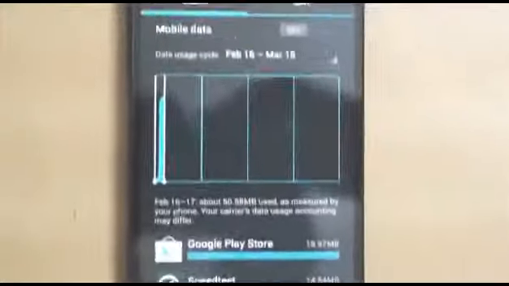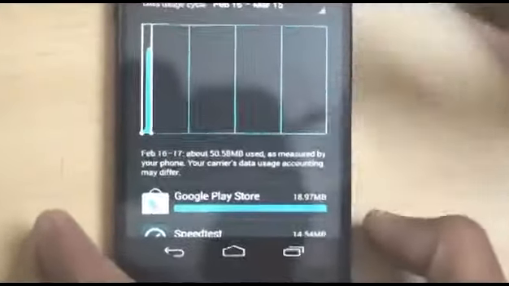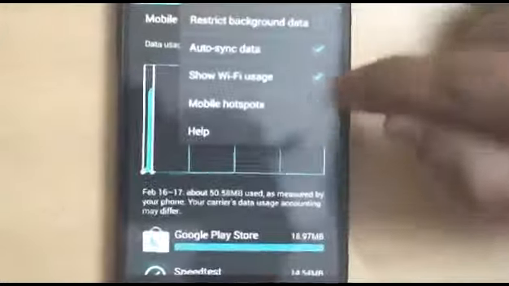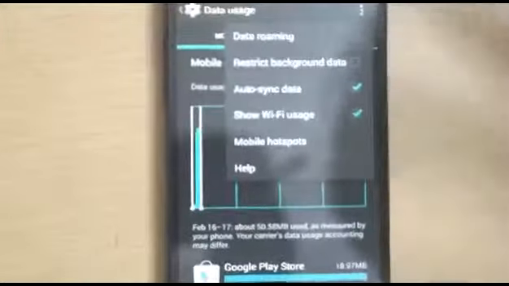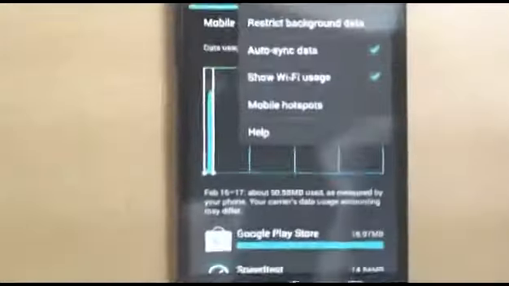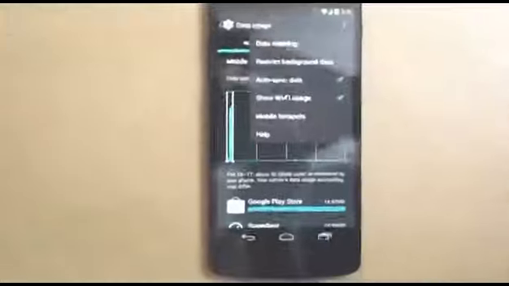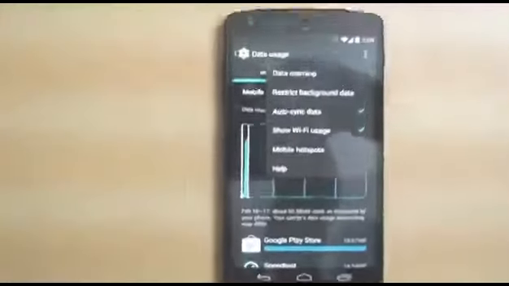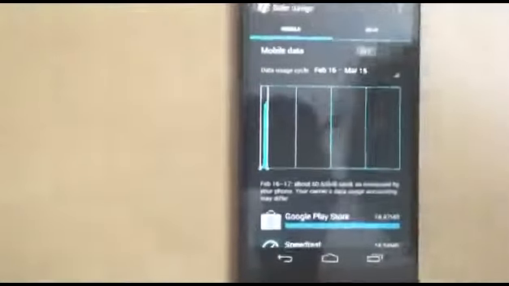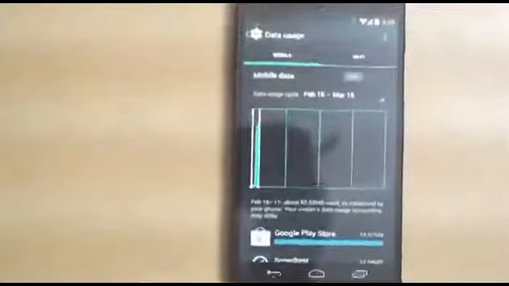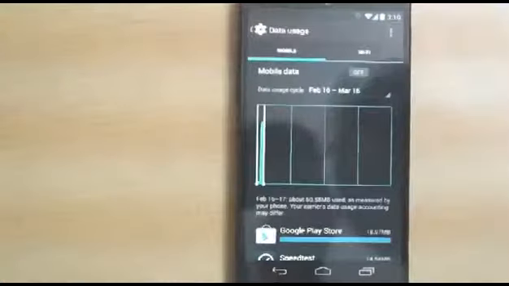Data usage. Now in data usage, you can customize this, as you can see, we have this mobile data and Wi-Fi data. You can enable or disable this. Show Wi-Fi usage: if I tick on the Wi-Fi usage, it will show the Wi-Fi data which I use day to day. And the second is this auto synchronized data. This feature should also be ticked always. And the third is this mobile data. You can turn it on and off. It will use your internet pack if you have recharged any.